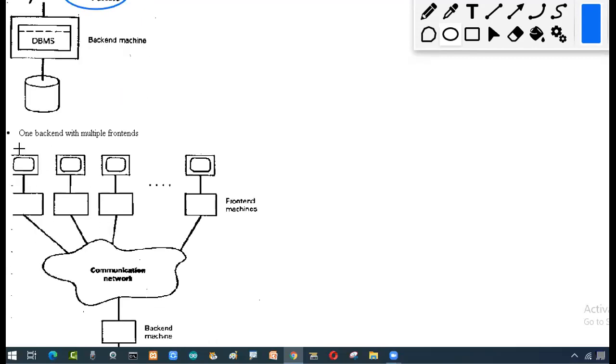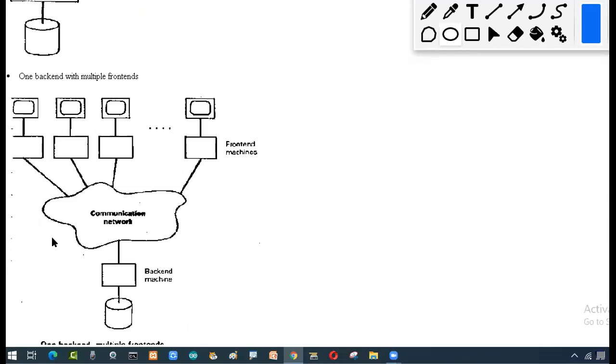As I told you in the previous one, you can have the backend, and I can have a lot of backends. Here you see multiple users are available. I have different users like this. Users are many, and for all the users we have front end machines. That means each user will have their own computer, or they go to an internet center or something like that. They will be using their own computer. So a lot of users, a lot of machines.